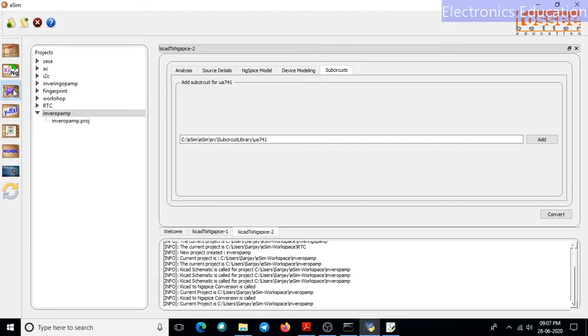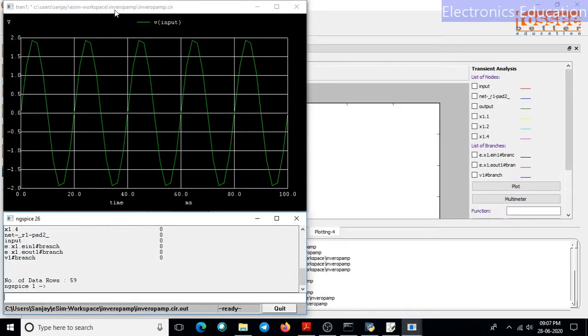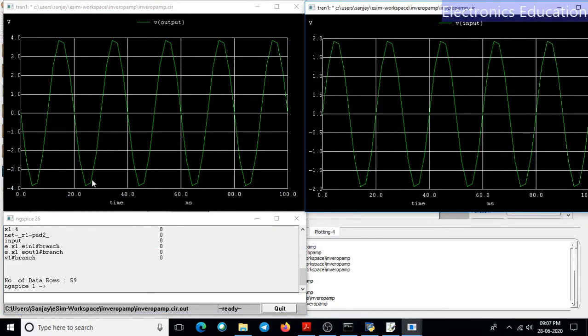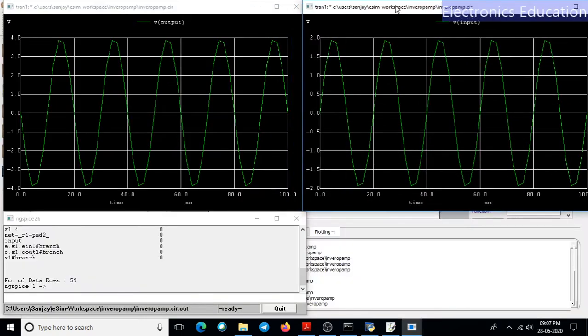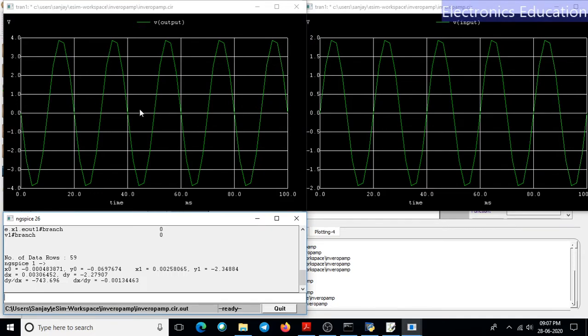Now see here, the simulation has given me the output. Here Vout and Vin, both the output and input signals, are mentioned. For the input signal, we can observe that the peak to peak value is about 2 volts, whereas for the output the signal is inverted, so the signal is out of phase with the input. See, the signal is going like this, but here the output signal is appearing like this. Again, the magnitude of this voltage: here for input we have 2 volts, here we have 4 volts.